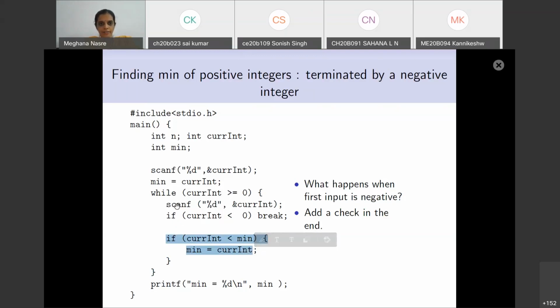In which case we come here, we write it, and then take the next input. If the next input happens to be negative, we never go inside the loop, which is also a correct way of modifying this. However, you have to be careful where you are bringing all the scanf inside. So both of them should not be combined.